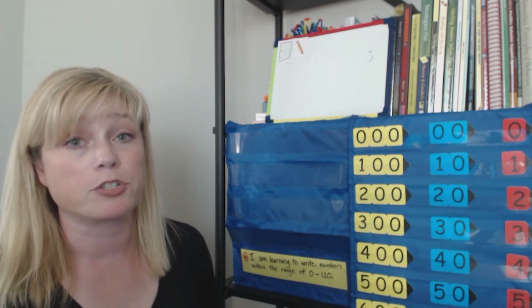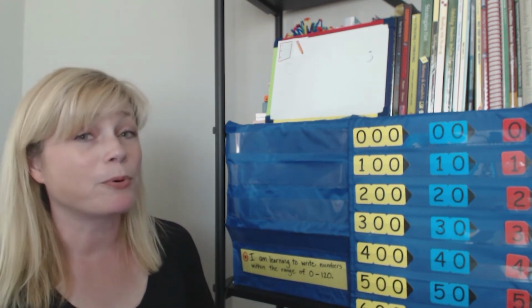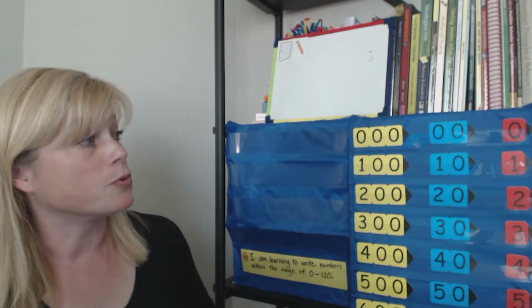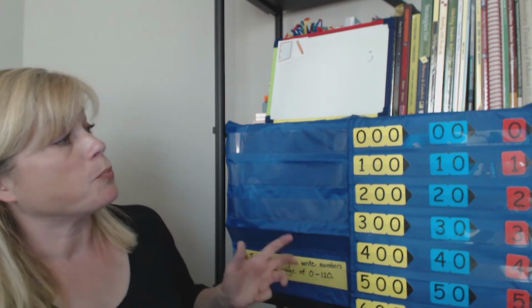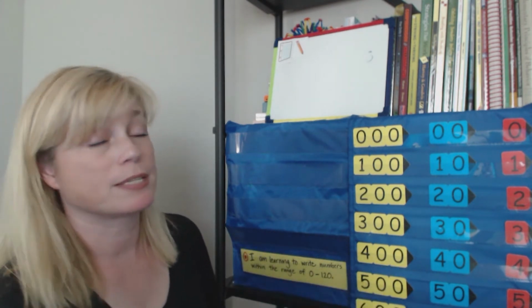And these are what we're going to use to help us build and learn how to write numbers. Now, to do this, there's a couple rules. So the rules with arrow cards, it's not hard. Every card, when you put together a number, I can't have 2 of the same color.